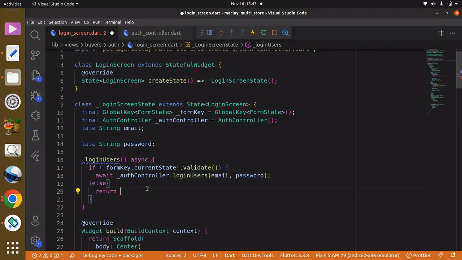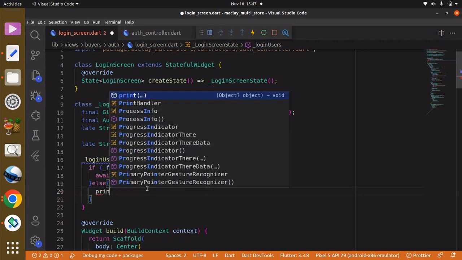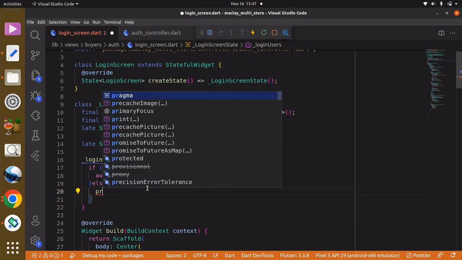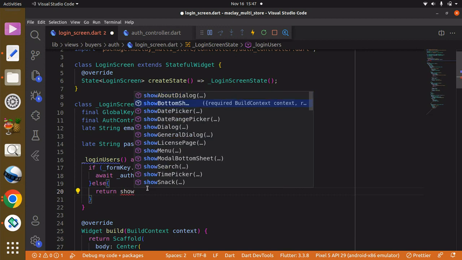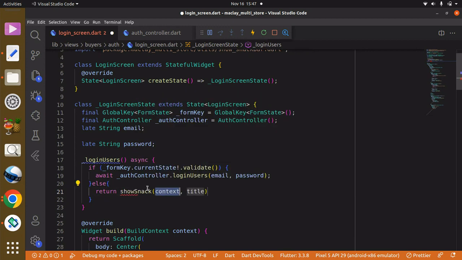Just gonna undo this. Or for now, we can just say print, or we can just do that. Return show snack. Okay, this is the way. And for the title, for now, this is gonna say please. In the future, we should be able to return that res we have within the auth controller. But for now, we can say please fields must not be empty. Okay,